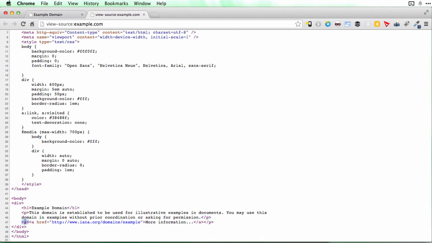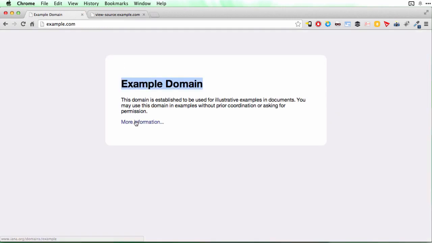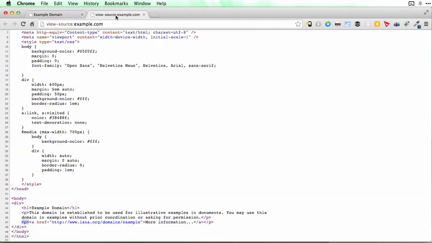Now we're nearly at the end. We've got another P there to define a second paragraph, and this A tells us that this is a link, and it's a link that goes to this address, and the text for that link is more information. If we go back and have a look over here, there's our link, and if I mouse over that you can see that it becomes a link and I can click on it if I want to. And then once again we've got to close the link tag and close the paragraph tag,